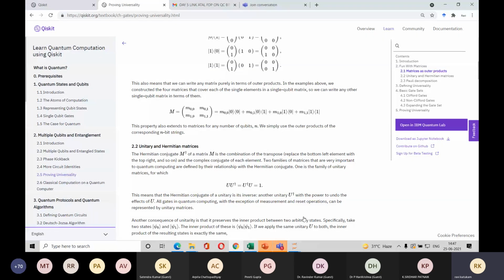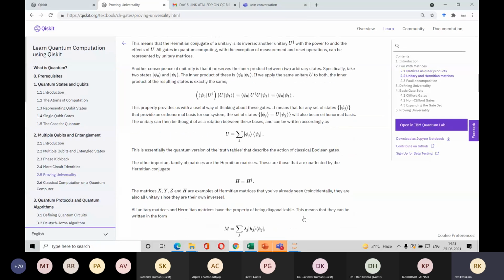See what this entire discussion of chapter 2.5 and further mathematics, what they say is reversibility of quantum systems. Reversibility means by applying a sequence of gates, your system can be brought back to the initial states. So this is a reversibility condition. Okay, so you can prove this Hermitian and unitary.